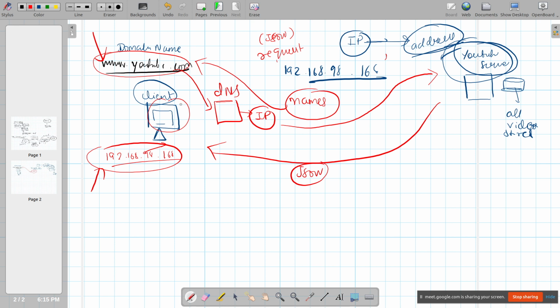So a server is nothing but a computer that has some name or an address, and we want to see some data that is kept in the database of that server. If you want to see that, you will have to know the address of that server, that is the IP address. If you know the IP address, you will be able to reach it, but it's very difficult to remember IP addresses, so they have given names to them. So that's very simple. This is how it works.